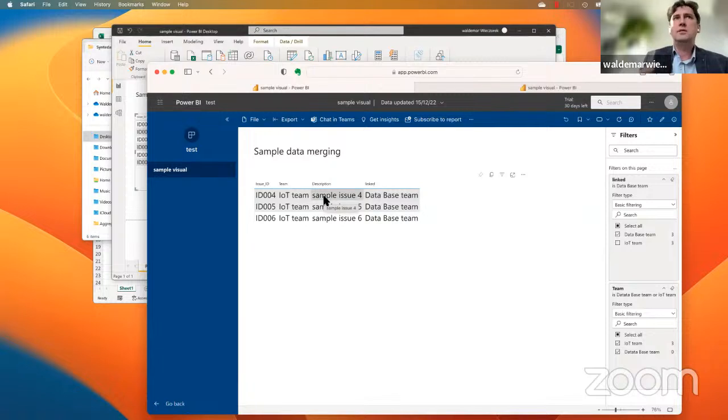So this is something which enables the data information. What is nice also, you can export this data to PowerPoint, analyze it in Excel, or create a PDF. This dataset is refreshed with some frequency. It's not live in the sense that it refreshes all the time. You need to have some refresh, but it's an analytic tool. You don't need to have data live. So maybe you can do it several times per day. For example, once per day is enough. It depends on the situation.